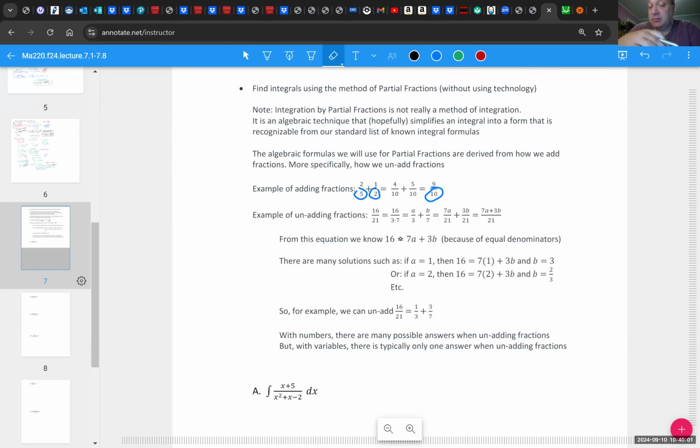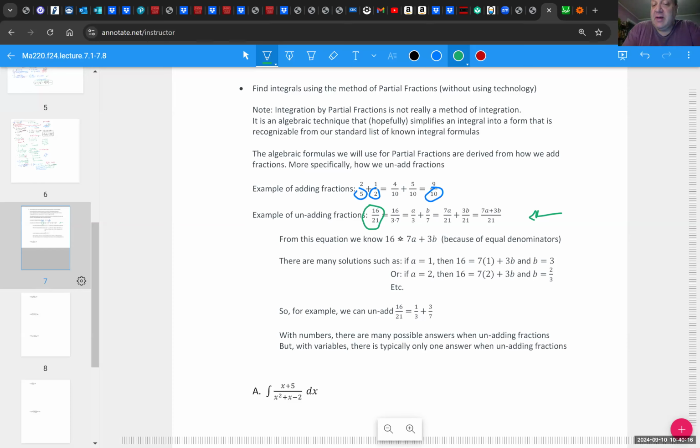Unadding fractions is doing this process backwards. So for my unadding fractions example, I started with a fraction, 16/21. And this 21, we're going to break up into smaller numbers, right? So we're unadding this. Numbers that divide into 21 easily are 3 and 7. So I'm going to have some fraction with a 3 and some fraction with a 7. So I've written a over 7 and a over 3 and b over 7 to represent the two fractions that are going to add up, hopefully, to equal